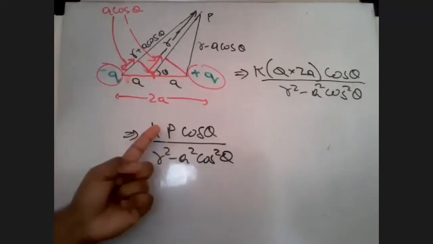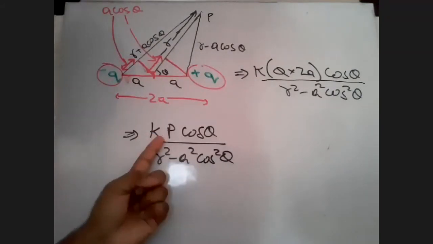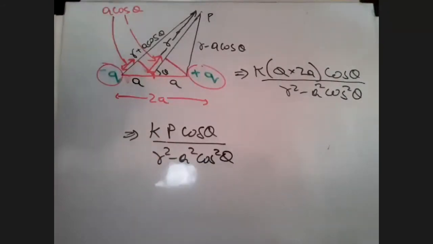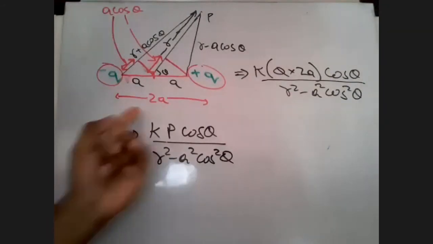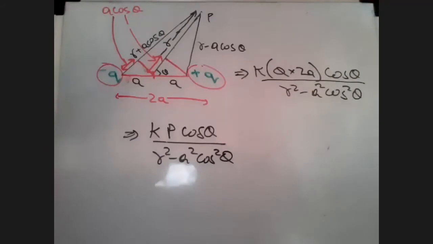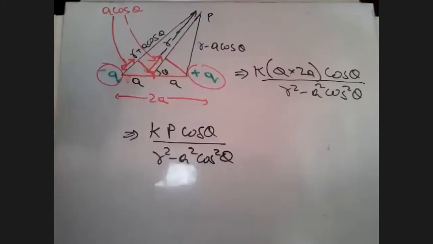Always substitute charge. What is the definition of dipole? It is the product of the magnitude of either of the charges and the distance between them. You have to take the magnitude of either charge and multiply it with the distance between them. So that is what I have done, q into 2a. If someone asks why I am taking 2a, it is the distance between minus q and plus q. That is all I want. Is that clear?